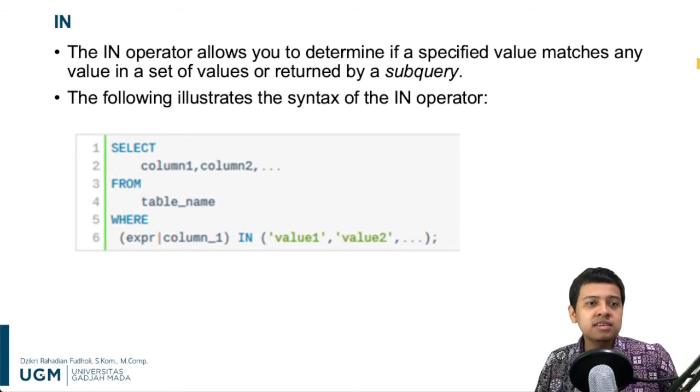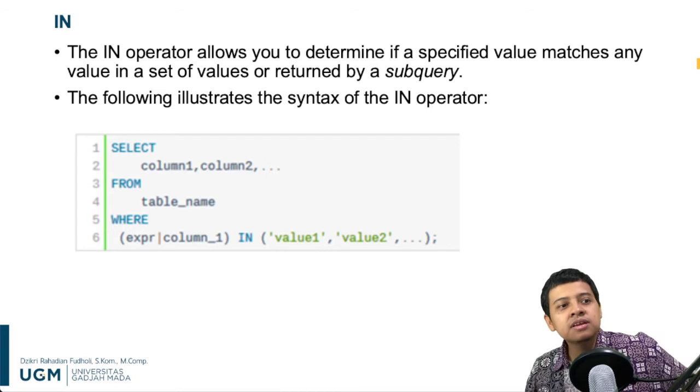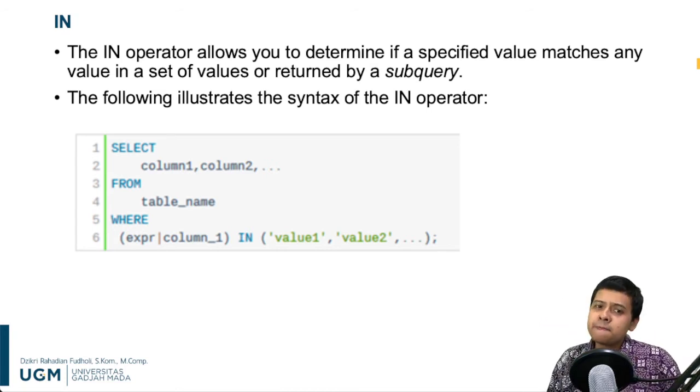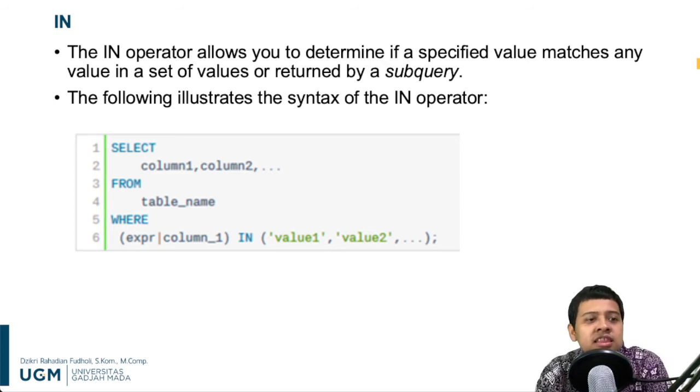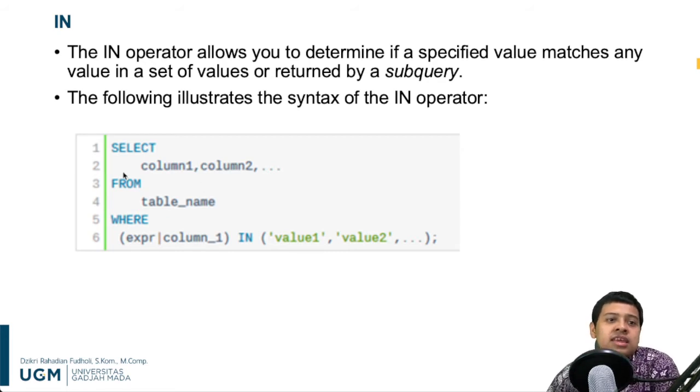The next one is the IN operator. This is quite unique, I would say. We see here that the IN operator allows you to determine if a specific value matches any value in a set of values or returned by a subquery. So here we see value 1, value 2, and so on. This is like a list of values,